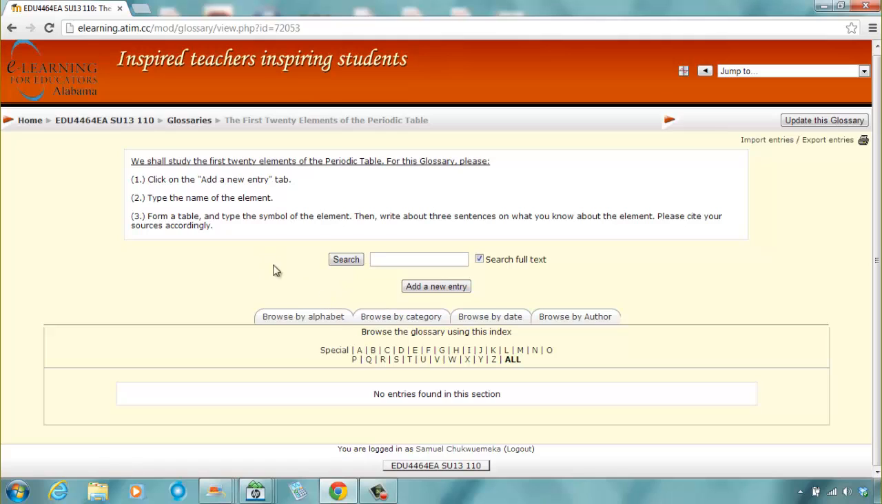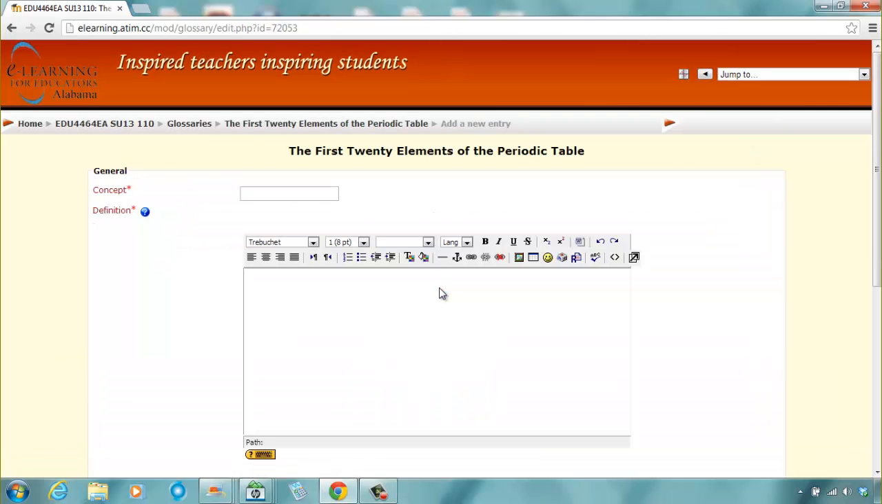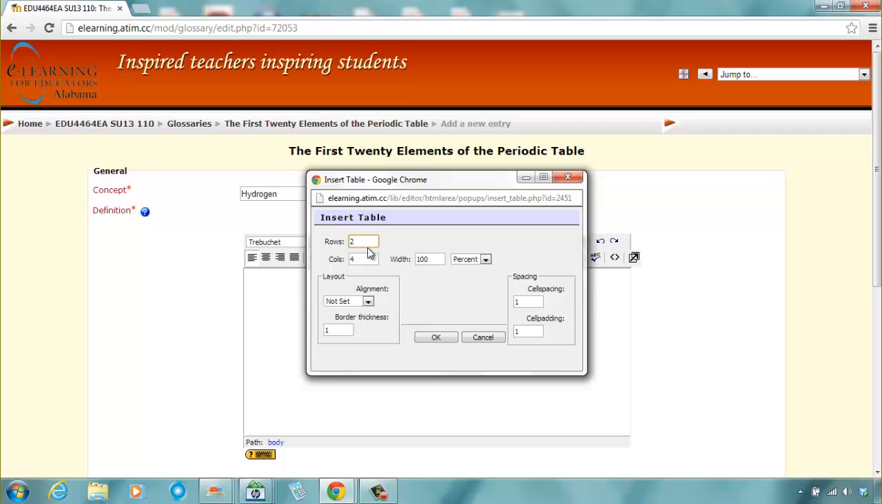So what I want to do now is I will click on add a new entry. Like I told them, click on add a new entry tab. So I click on it, and what I might do here is I might just type in hydrogen, for instance. If I want to type in hydrogen, okay, and I want to insert a table, row to be 1, my column to be 2,